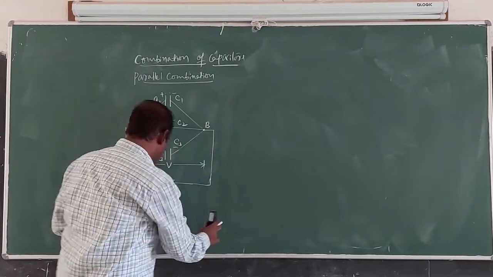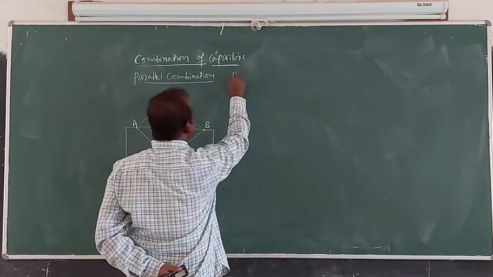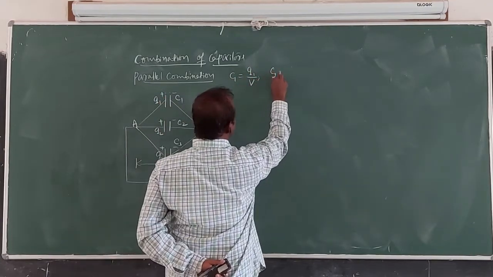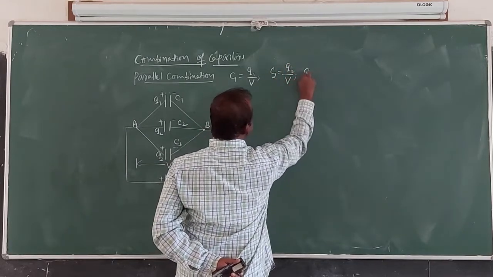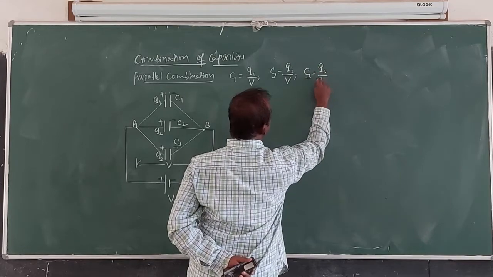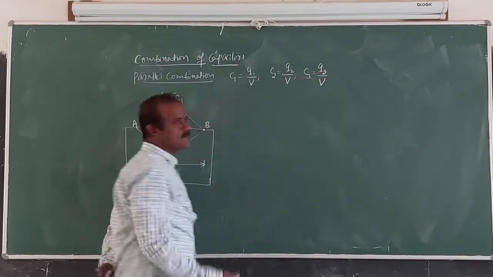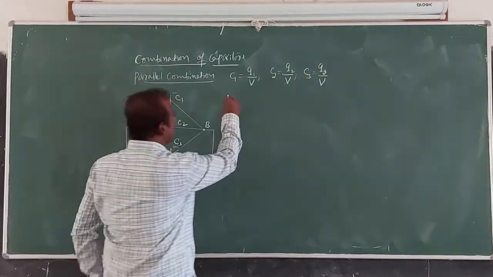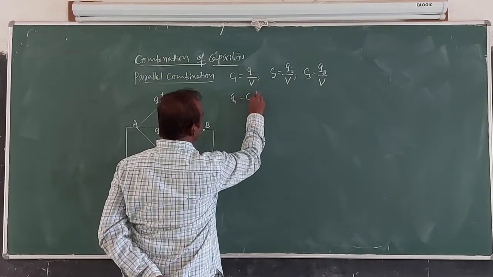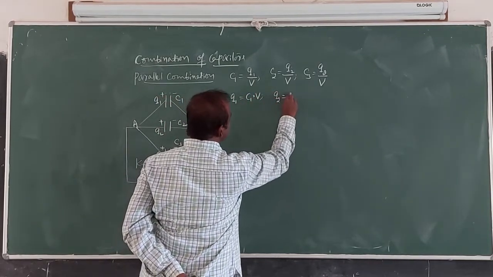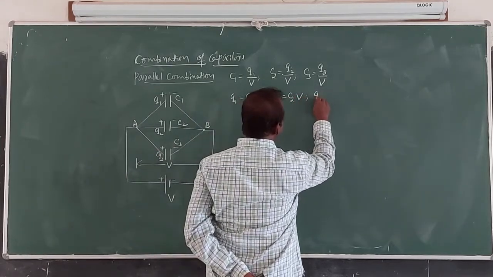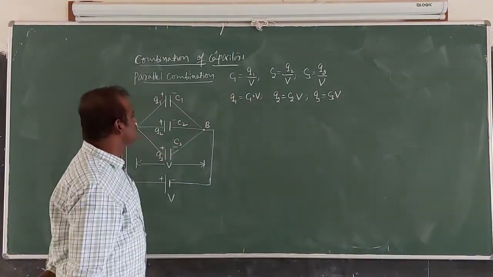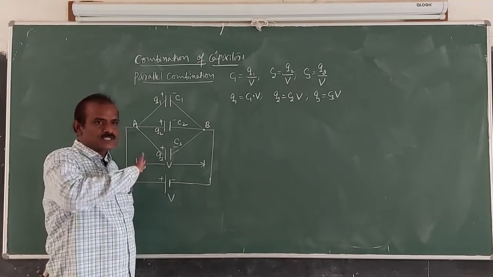Well now remember, as usual students, we write here C1 is equal to Q1 by V, C2 is equal to Q2 by V, C3 is equal to Q3 divided by V. This is the basic formula. V is the same for all the three. Capacitances are different, charges are different. Or you can write Q1 is equal to C1 into V, Q2 is equal to C2 into V, Q3 is equal to C3 into V. Now what is actually dividing here? Charges are divided.